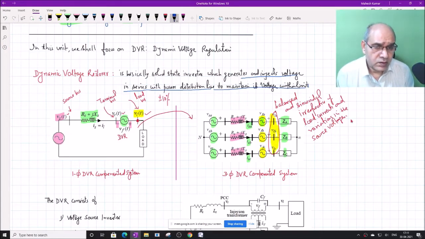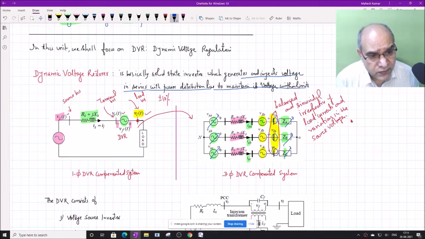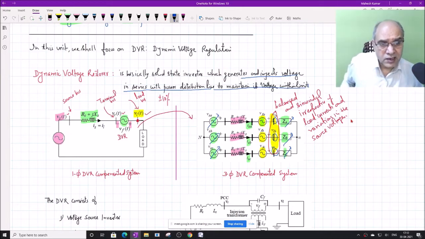These voltages should be regulated without accepting any change from this side. So this may change due to fault or due to some problems, but this voltage has to be maintained. It depends upon many parameters. It may maintain the perfect voltage in certain limits. So although I am saying that it is independent of the load impedances and the source side variations, actually it is not completely independent of these variations. There are some practical as well as theoretical limits that we will see in the discussion.